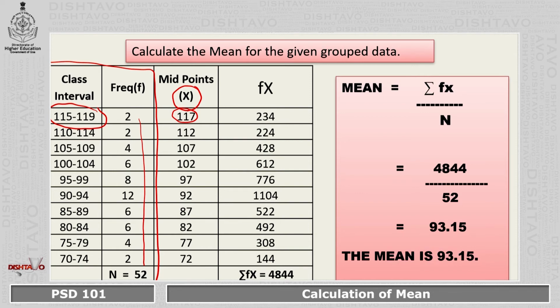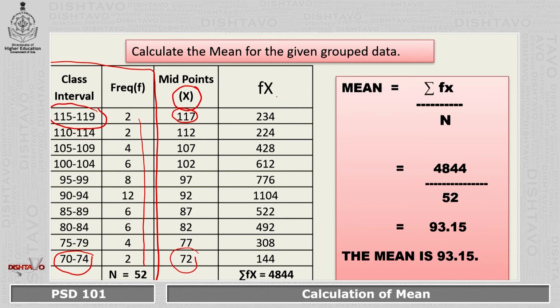I shall take another example to make your understanding clearer as to what is the meaning of midpoint. Let us take the class interval 70 to 74. There are 5 scores from 70 to 74. If I count it for you, 70, 71, 72, 73 and 74. The score that comes in the center, in the middle, is 72. So that will be your midpoint. So the first step for you is to calculate the midpoints.